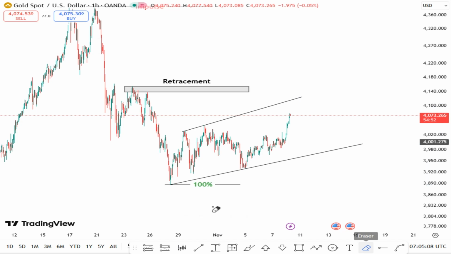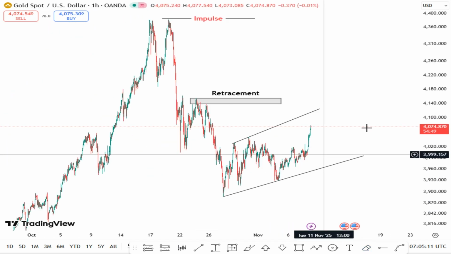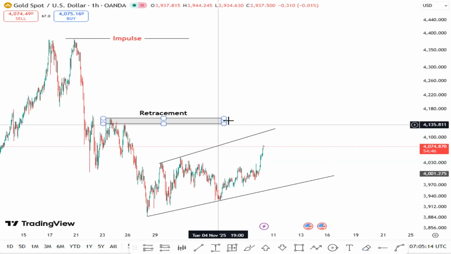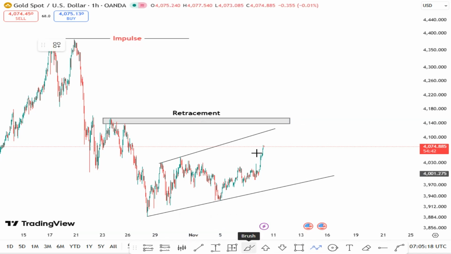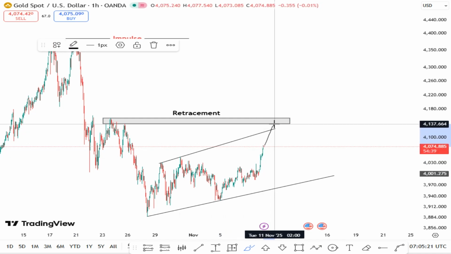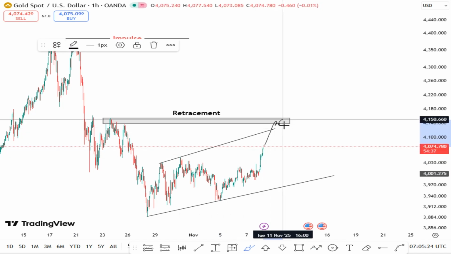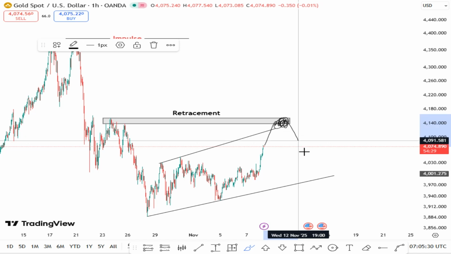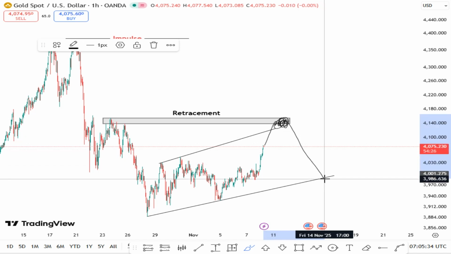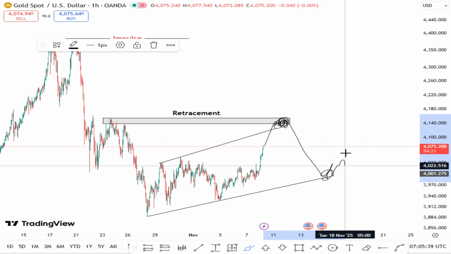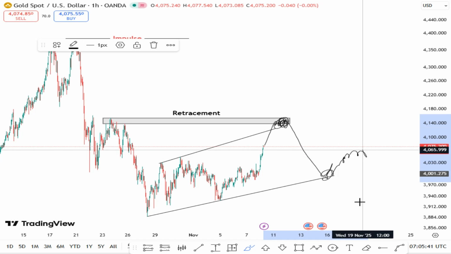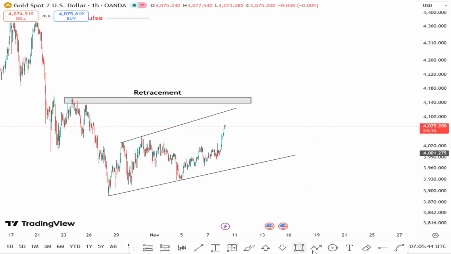So I think I should remove this right here, and I try to follow along. Yeah, if I extend this maybe to the right, something like this, so there's that anticipation that gold might just continue going up, maybe going back to retest this level that I've called retracement, probably understanding how she's going to react around this level. We might see some selling pressure, maybe something like this, and maybe see a reaction once again around this level. If we see gold coming back with a continuation, then that will be a good sign that she will try to go down, right?